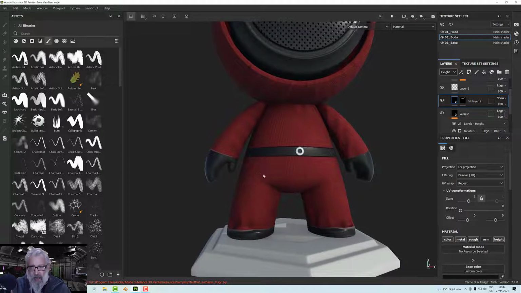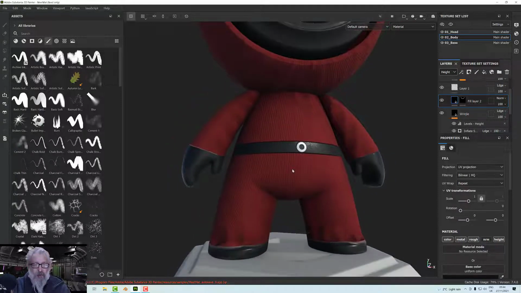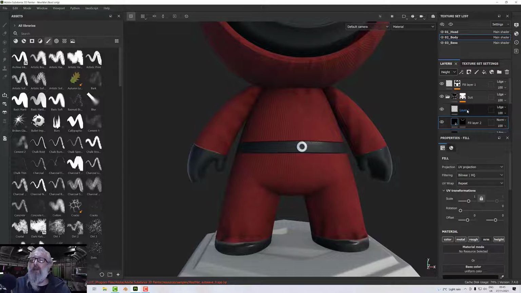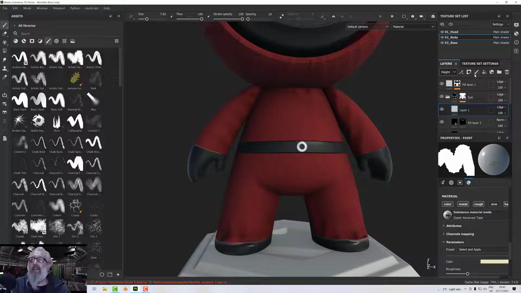Okay, so now layer order is kind of important here. So I want to put a zip down the front here, and I want to go through the belt to give it a bit of realism. I don't want to avoid issues, I want to embrace them so that it really fits together. So what I'm going to do is show you the wrong way. If I add a paint layer to the top here, and then in my brushes, if I just type tool,